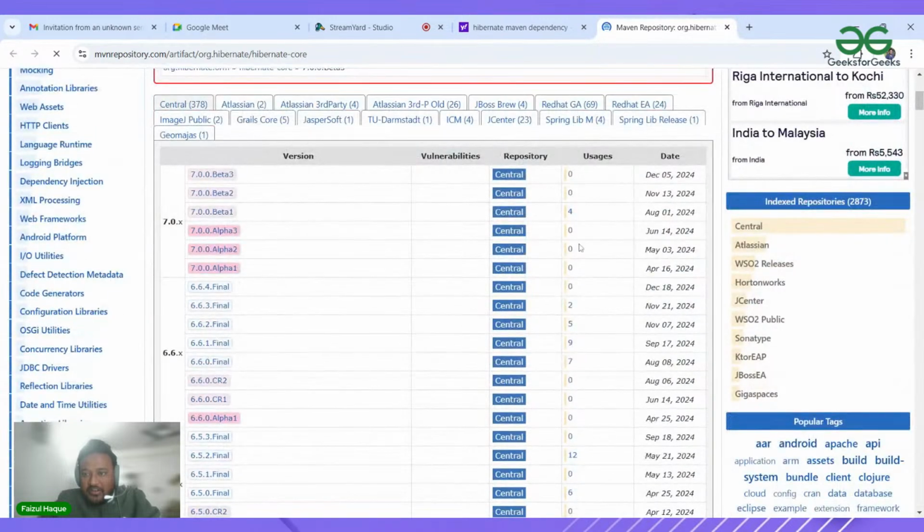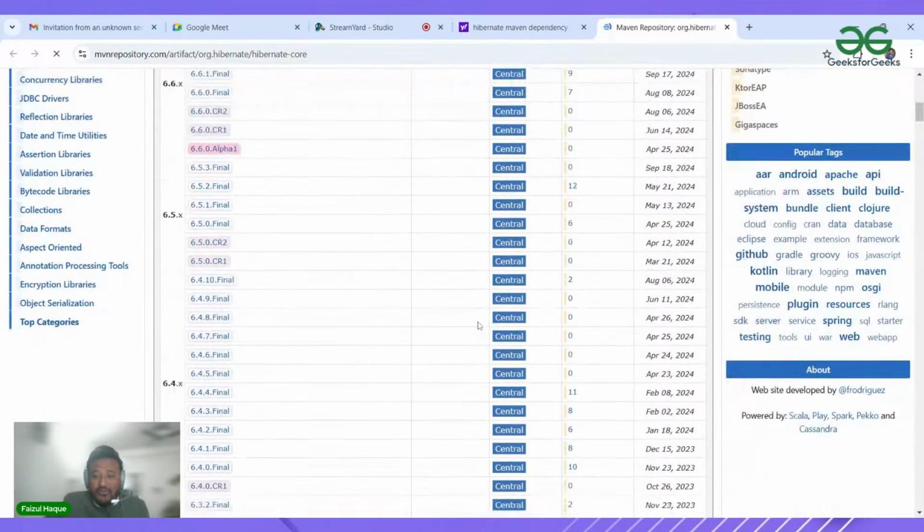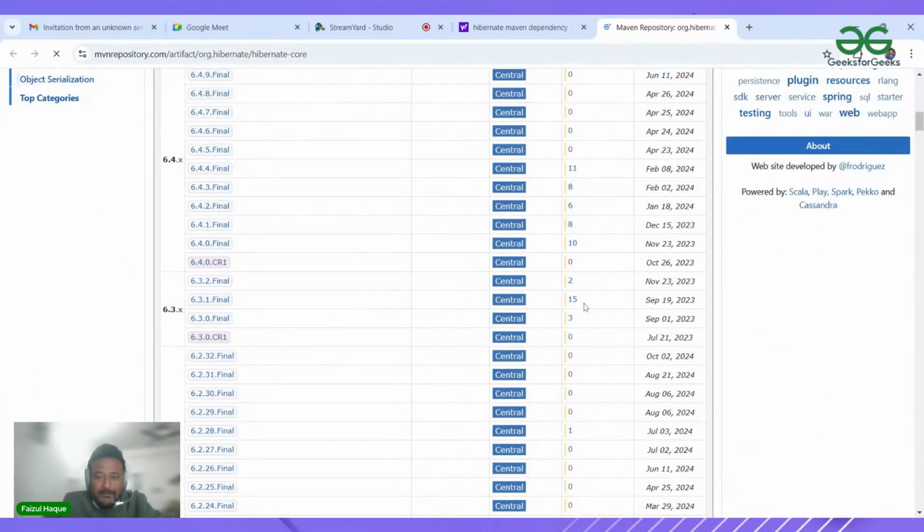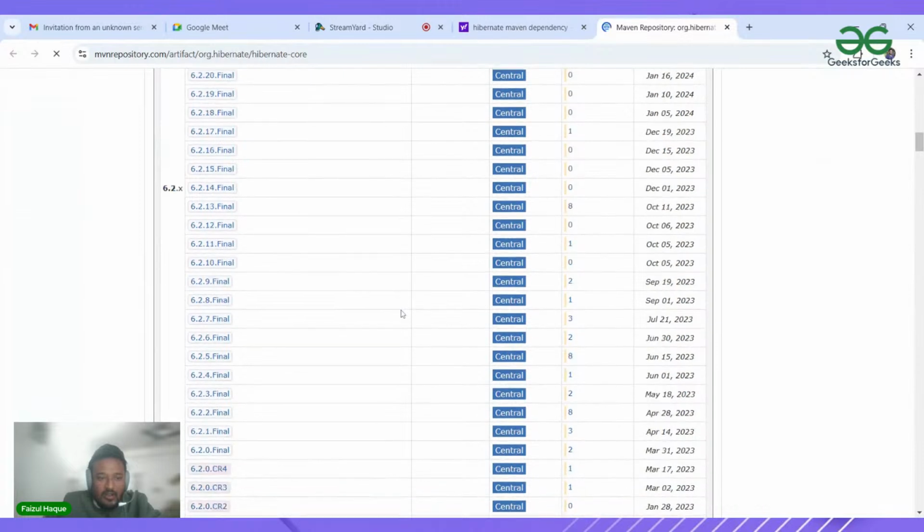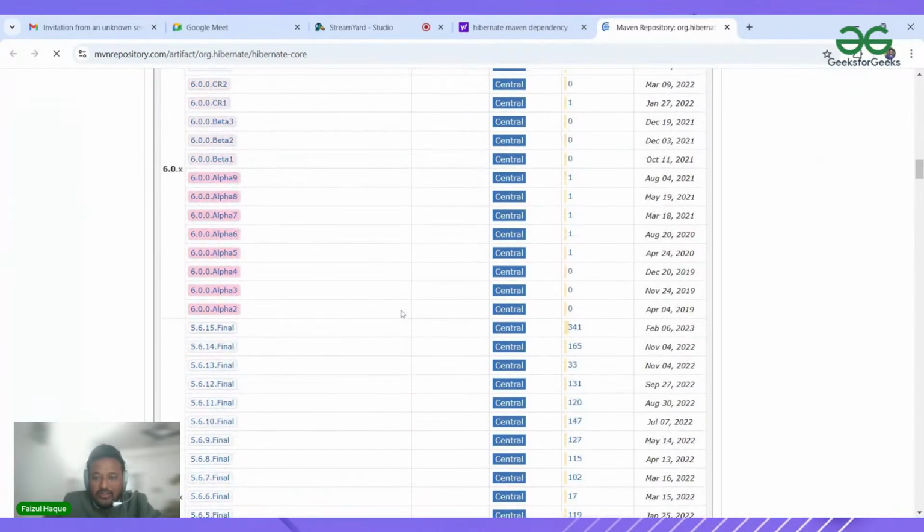Now there are so many versions, which will be confusing, right? Which one to use, which one not to use. Don't worry about that. We can check the version. There are some latest versions. You just follow the usage: the one which has more usage is more comfortable, I think, because people are getting comfortable with that version. As you can see here, you can use this 6.3.1 final version, 15 usages already there. If you slightly go down, you can see the 5.6.15 final version, right? If you click on open here,